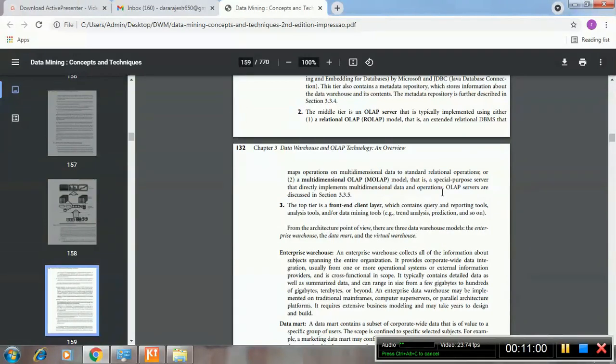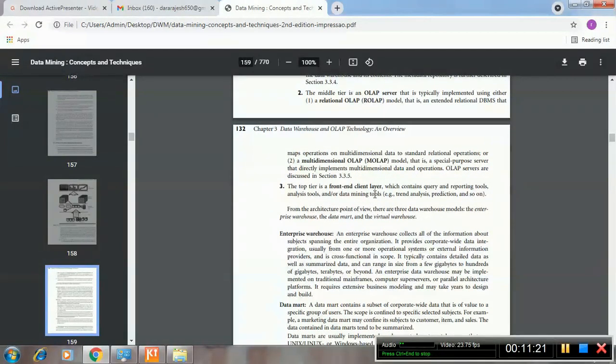All these operations can be performed. So it directly implements the multidimensional data and operations. We are going to discuss the OLAP servers in detail in the coming chapters.